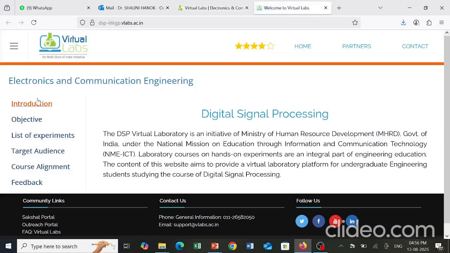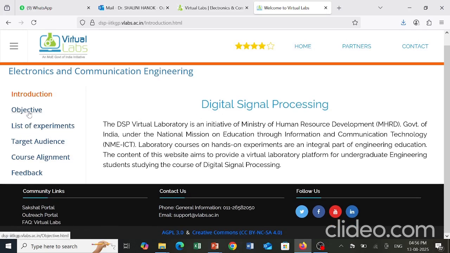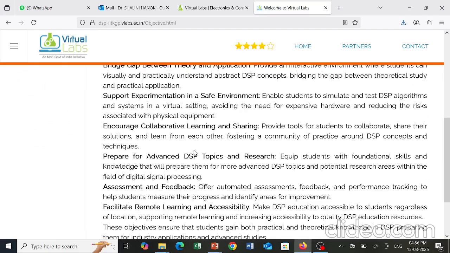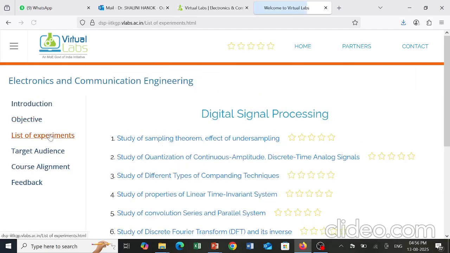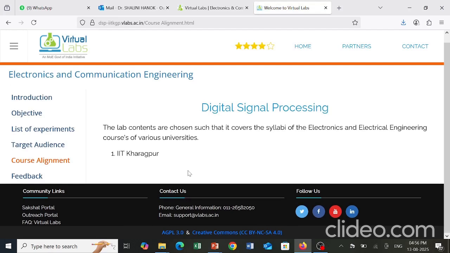And here we have different materials being provided. That is, we have an introduction on the DSP, what is DSP and all, and we have the objective, what we will be learning, and we have different experiments under digital signal processing, and we have a course material provided